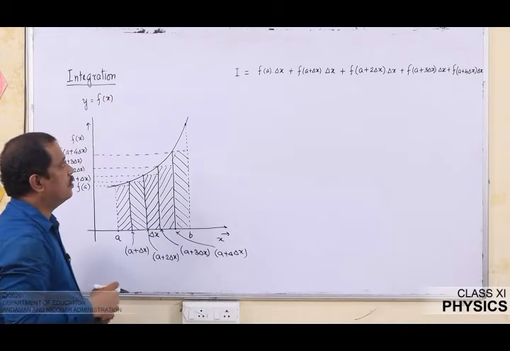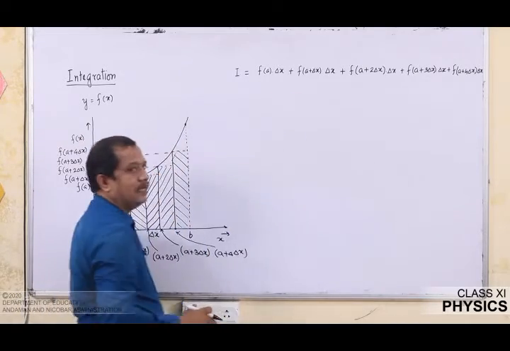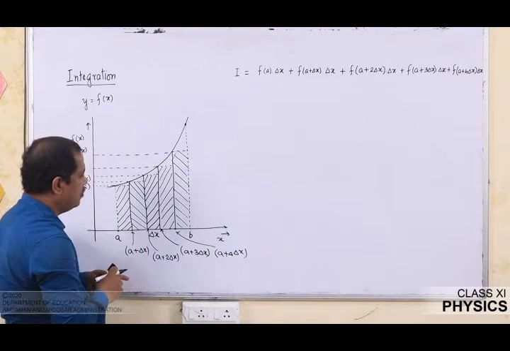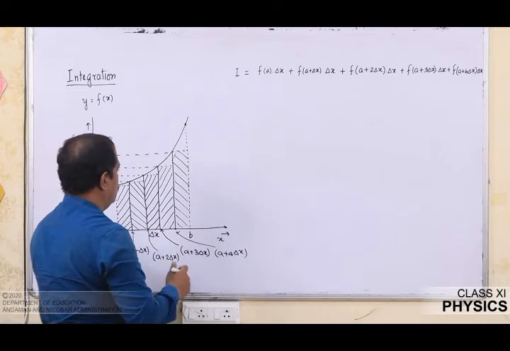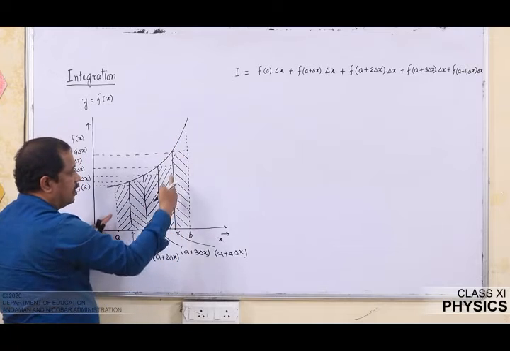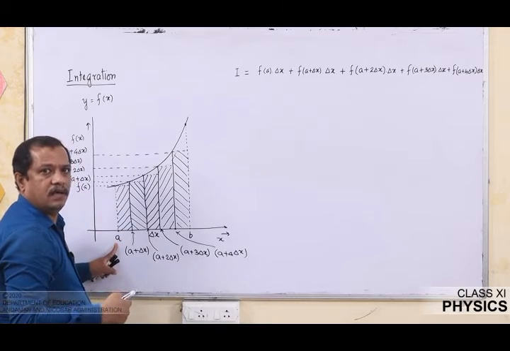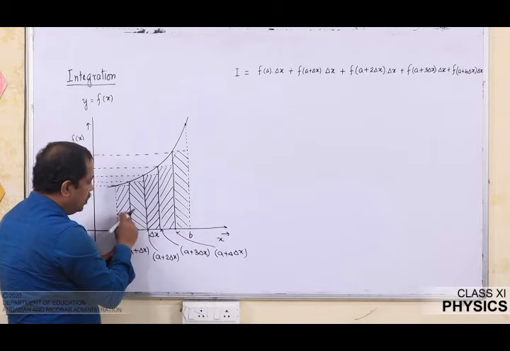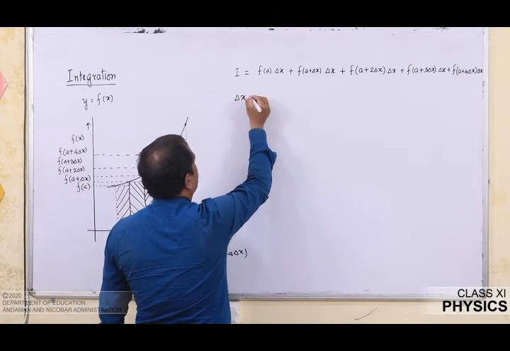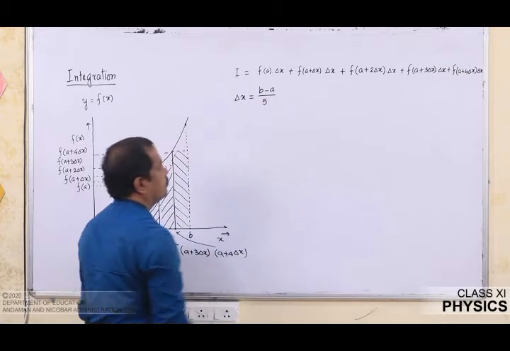Now if I ask a question, whether the area under this curve that I have calculated is exactly equal to this area? Definitely no. So what I have done, I have divided the width of the x axis under this curve, under which I am going to calculate the area, it is b minus a, and I have divided it into 1, 2, 3, 4, 5 strips. So the width of each strip for me is del x is equal to b minus a over 5 strips.